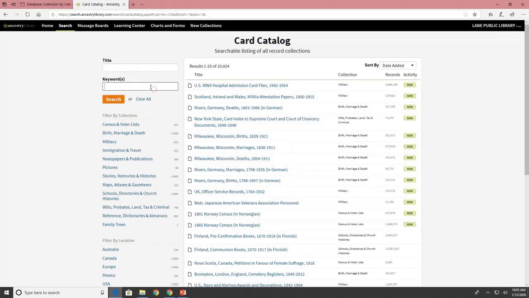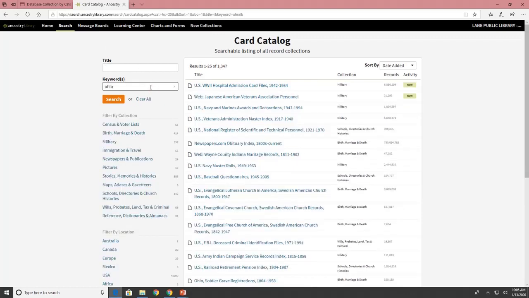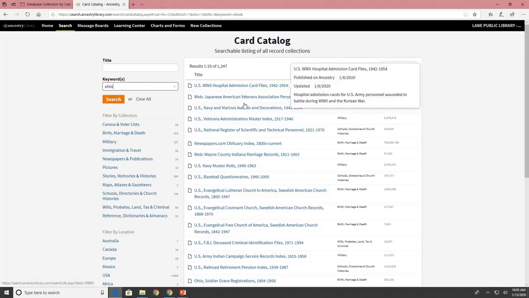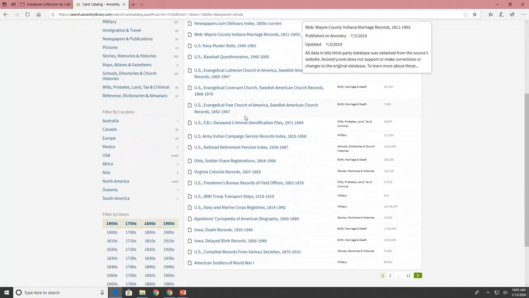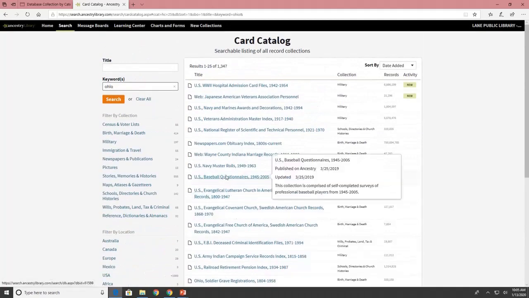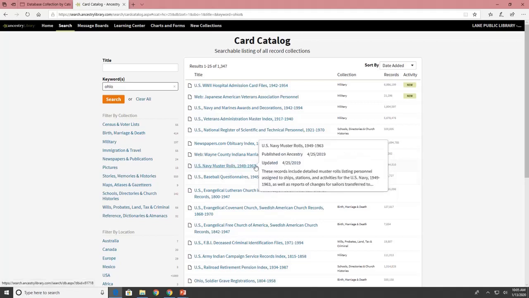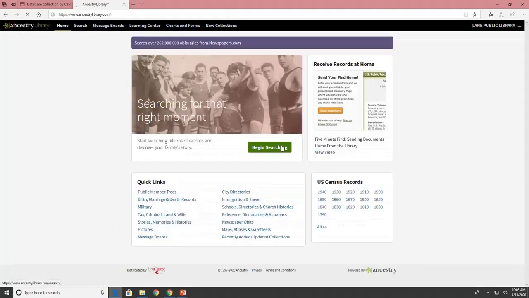So let's say I have ancestors that live in Ohio. I can type in Ohio in keywords and hit search, and it should give me results that contain hits for the word Ohio. So all of these databases here should theoretically have people listed from Ohio in them. If we go back out to the main page here,